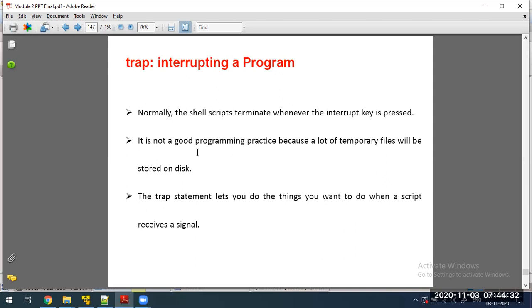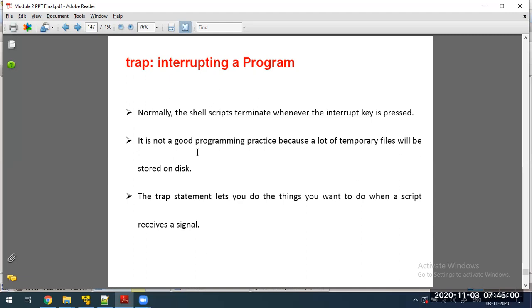An interrupt is a signal, raised due to some abnormal conditions or any other case. When the interrupt key is pressed, or a signal is forcibly sent, what happens in that case? The shell script will terminate.